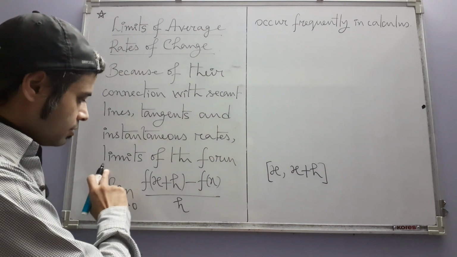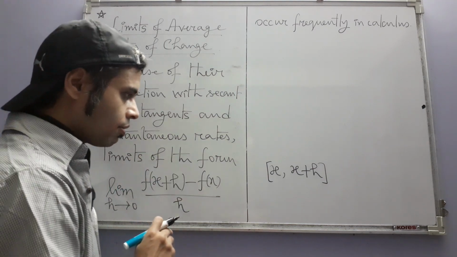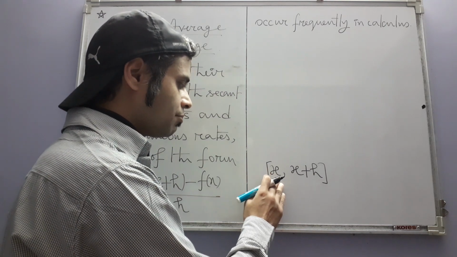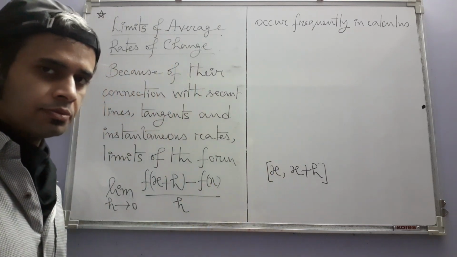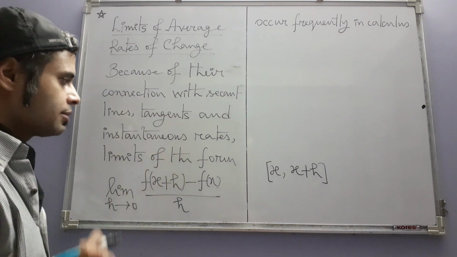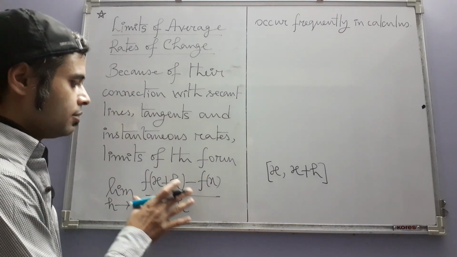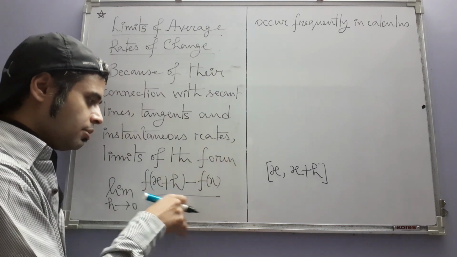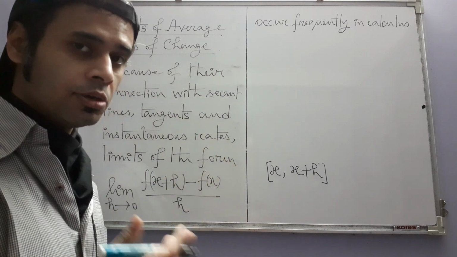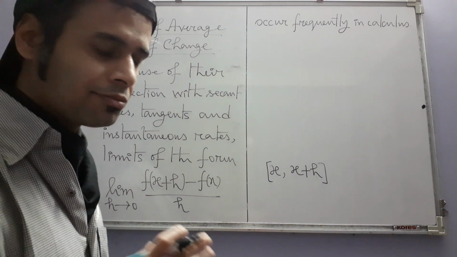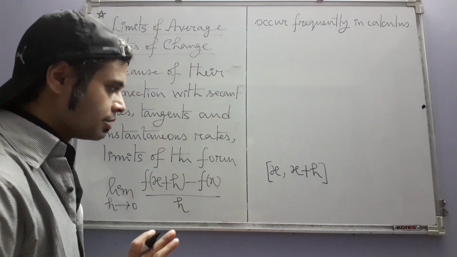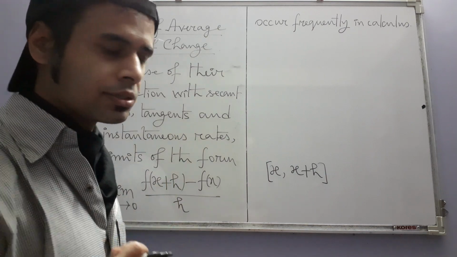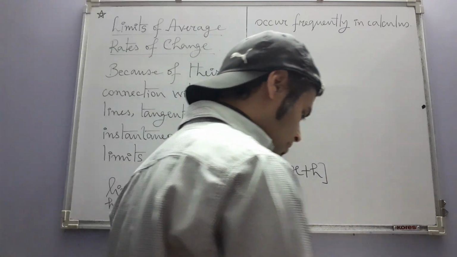So considering this is almost like calculating the rate of change of the function at the point x itself. Okay, so that's why instantaneous rate. And this thing is related to not just instantaneous rate, but if you interpret these things geometrically, if you draw the graph of this function and then look at all these things, you get tangents, secant lines. We have already discussed these things. Okay, so now